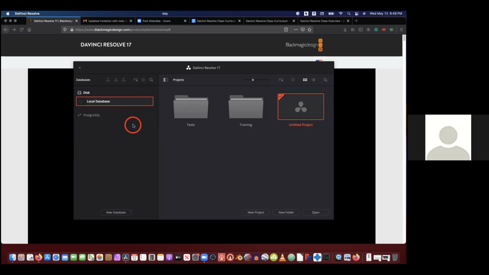I have a quick question. When you say database, if I were to put that in Final Cut Pro or Adobe Premiere terms, what does that mean? What is the equivalent in the other systems? I'm curious. Okay. So in Final Cut, everything is stored within one library project or an event, and projects are